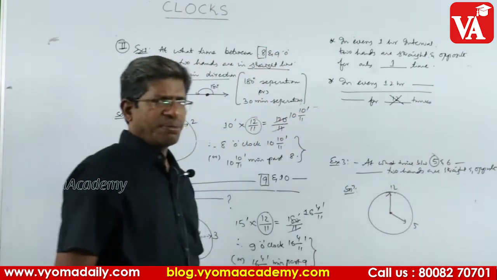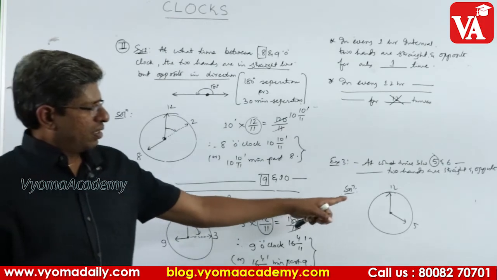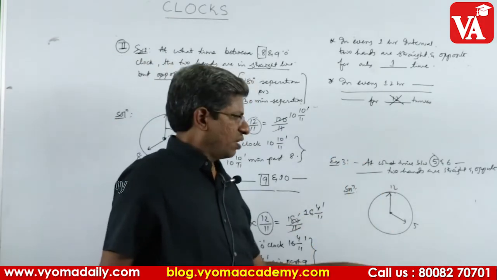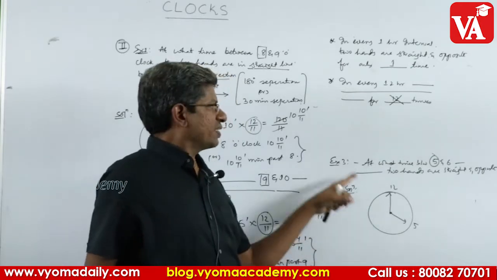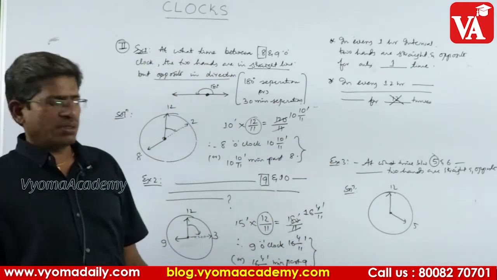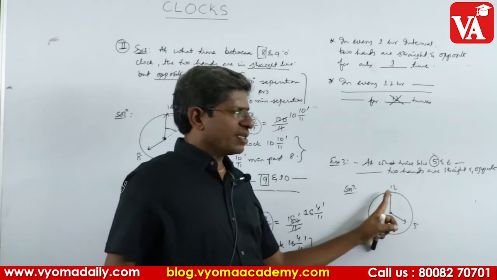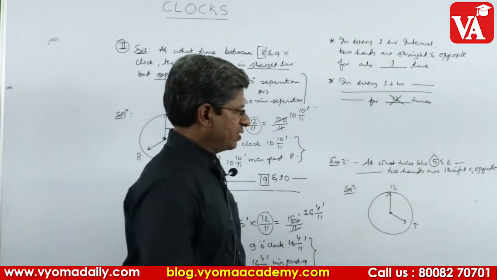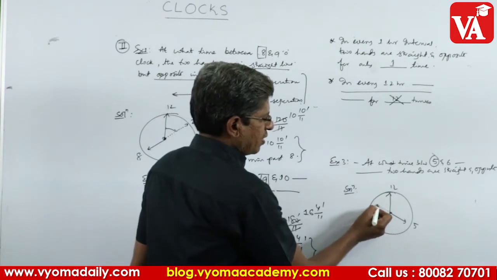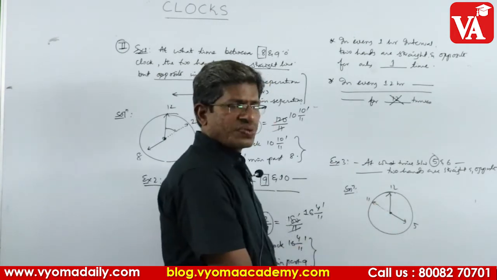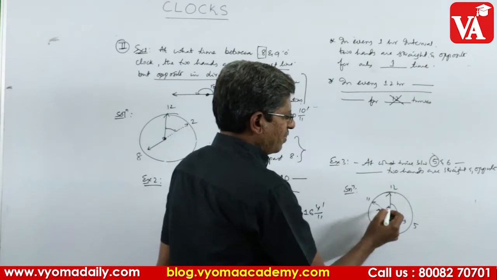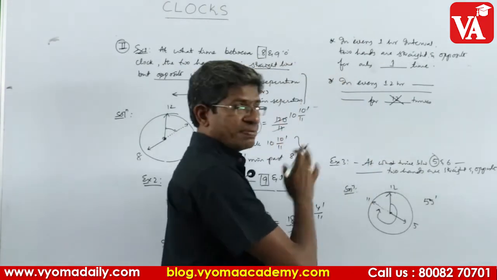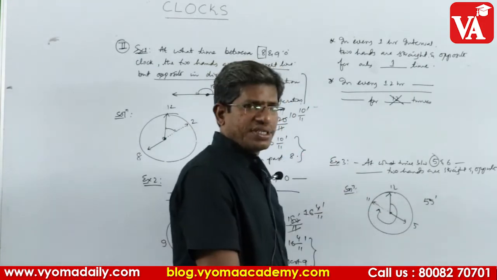Initial time 5, you have to imagine. Now you decide on what number the long hand should move to, so that they will be like this. So you check yourself on what number it has to move. Opposite number to 5 is, naturally you just think over it, it's 11. So therefore it should move all the way to 11. That means 55 minutes it should go forward, so that these are opposite in straight line.